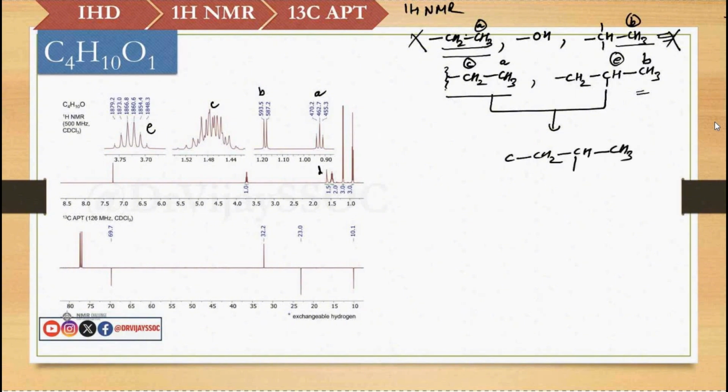So you can put here CH3. So this is the A proton, which is connected to the C, and this one is the E type of proton, which is connected to the B, and you can put on this hydroxy group. So this is the correct structure of this compound. Oh, it's great. We determined the structure just by 1H NMR without looking at the carbon,